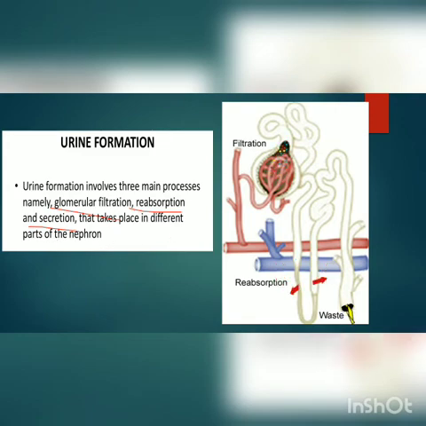So the first step is filtration. Filtration of the blood, and then after this the filtrate is carried to the different parts of the loop of Henle. This filtration is taking place in the Malpighian body, in the glomerulus and Bowman's capsule, both are involved. Then the filtrate travels through the